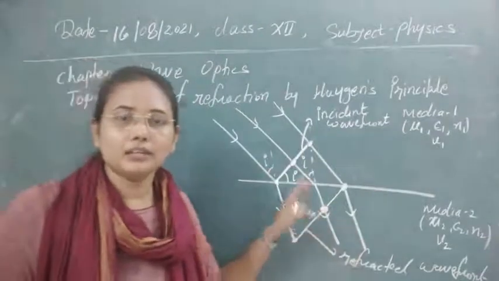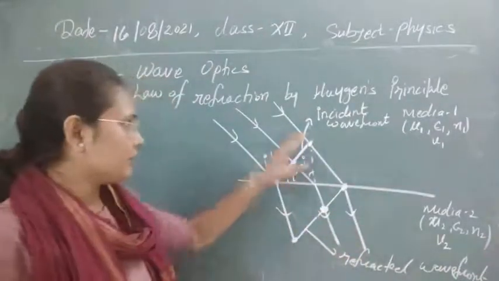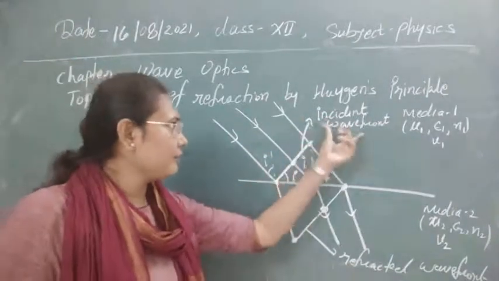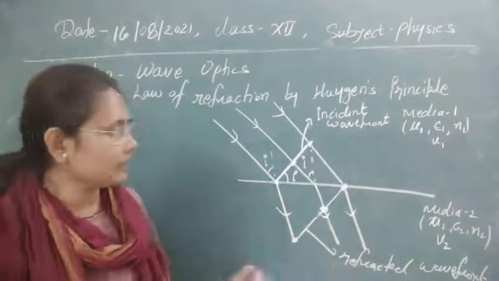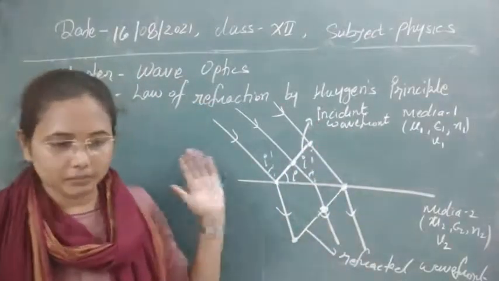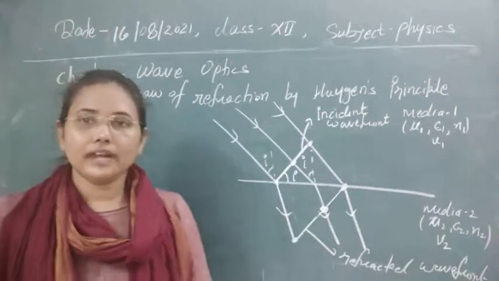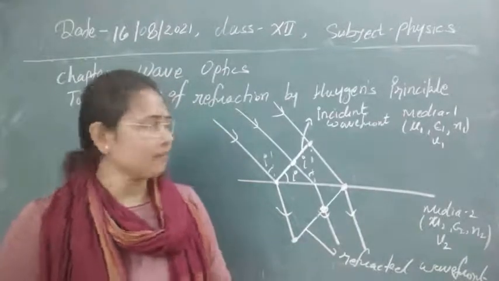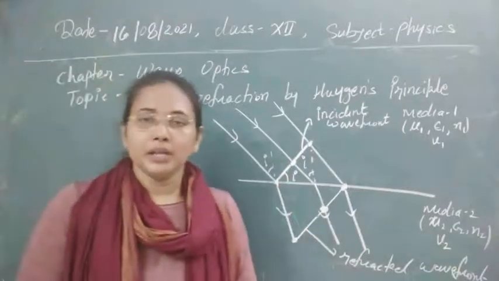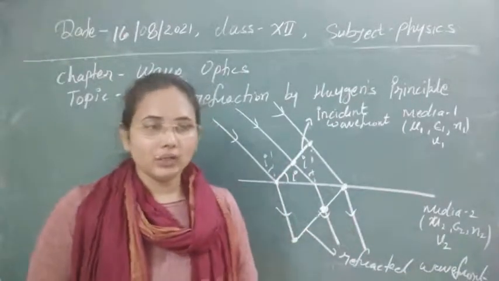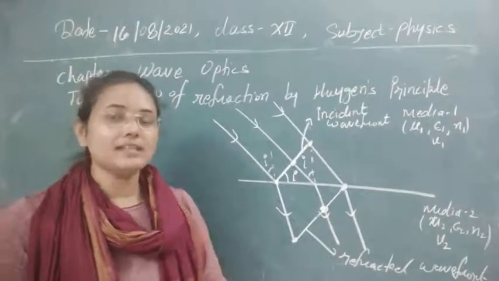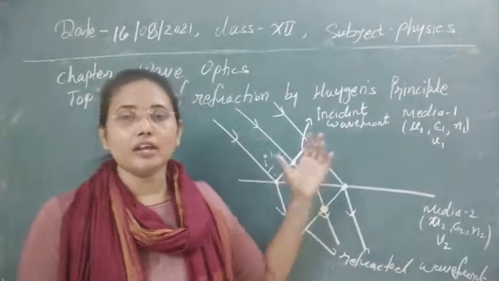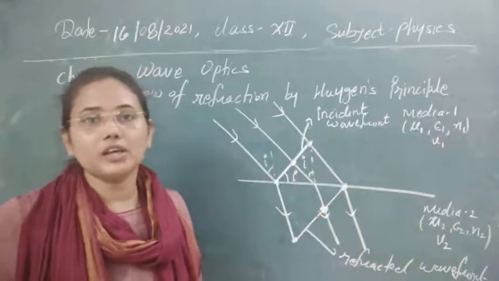First of all you have to learn how to construct this for the Huygens principle, for the reflection and refraction process. Then, when you have constructed the incident and refracted wavefronts, we can proceed to our proof of the law of refraction. In the law of refraction, the first law is that the normal, the incident ray and the refracted ray are all in the same plane, which you can see from here already. The second is Snell's law. According to that, sin i by sin r is equal to v1 upon v2, meaning the velocity of the wave in the first media to the velocity of the wave in the second media.